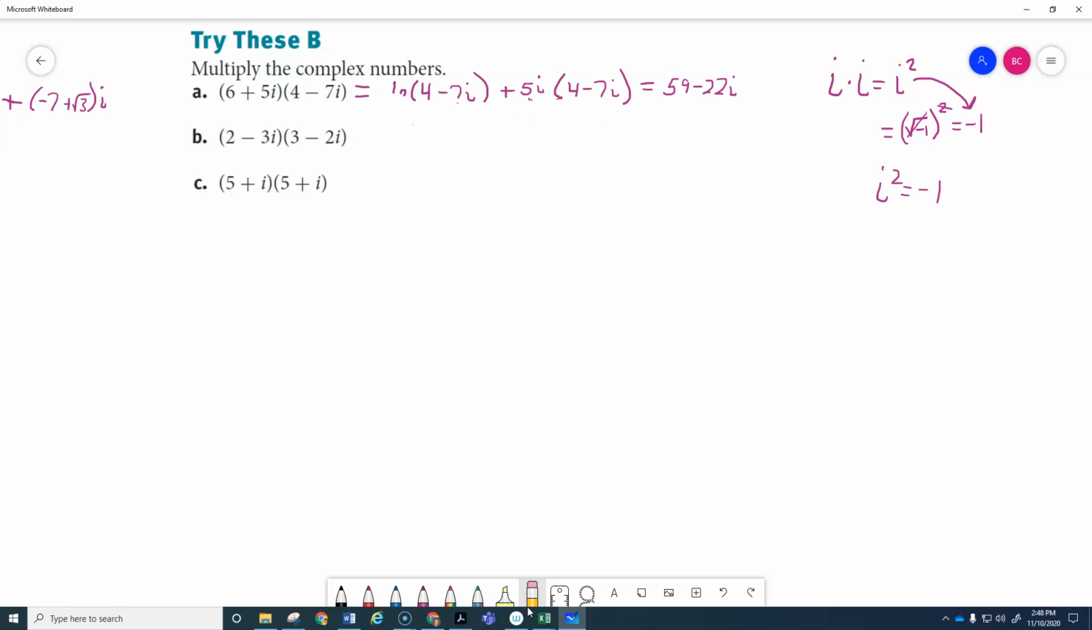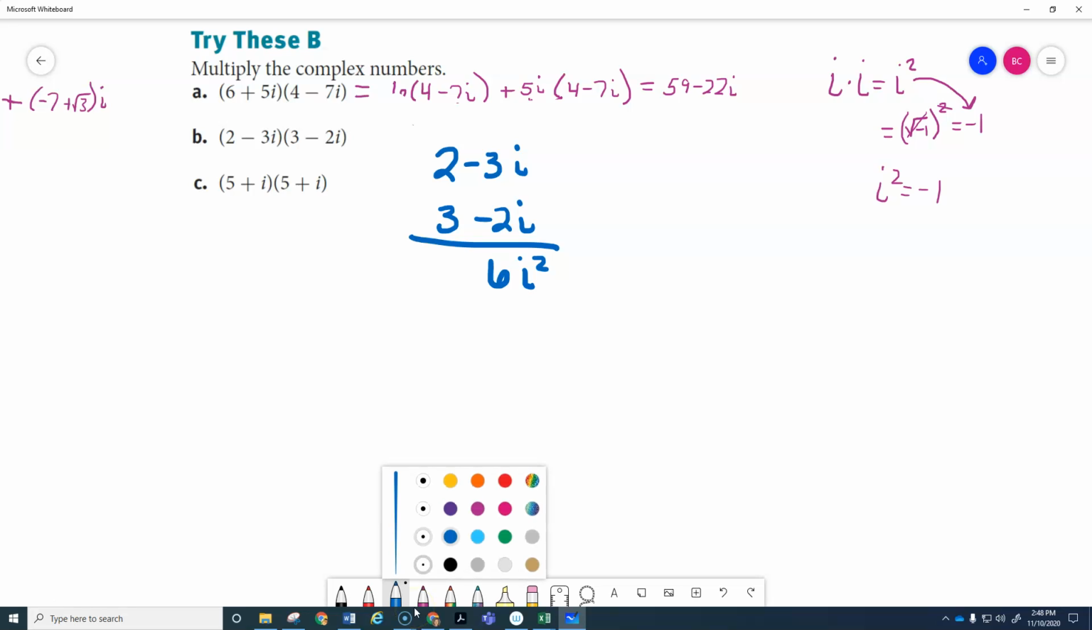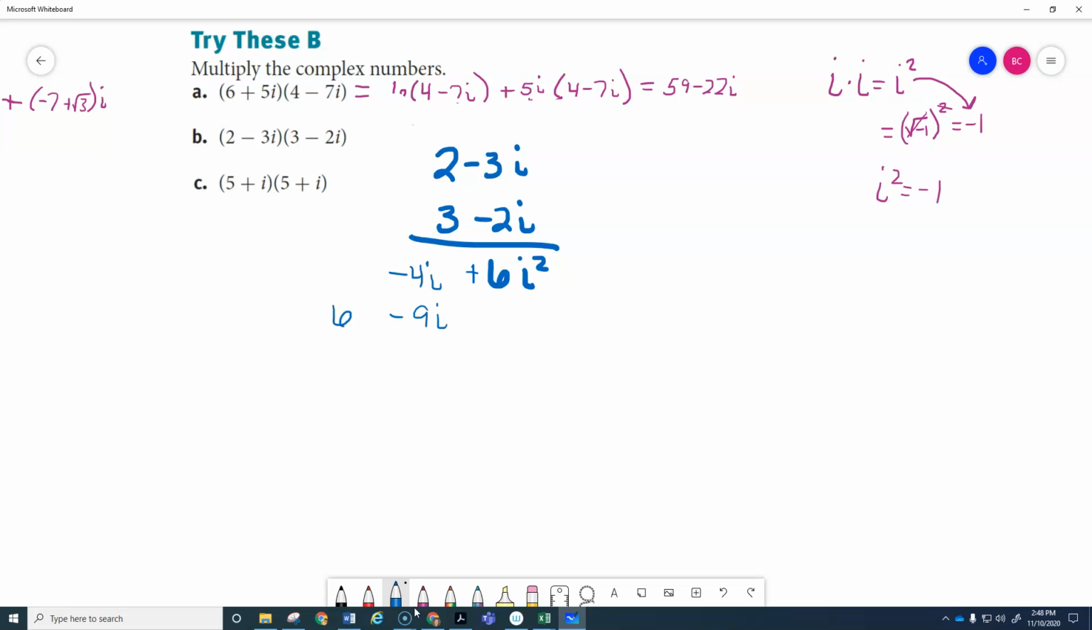So I'll leave the double distribution up there, but now for the rest of these, I'll stack 2 -3i and 3 -2i. That is a +6i squared. Don't know why my pen is so thick. And then that's a positive, and then that becomes -4i. That's a -9i, and then that's a +6. So 6 -13i